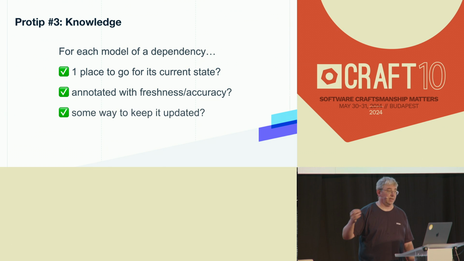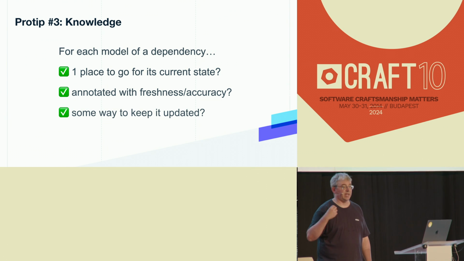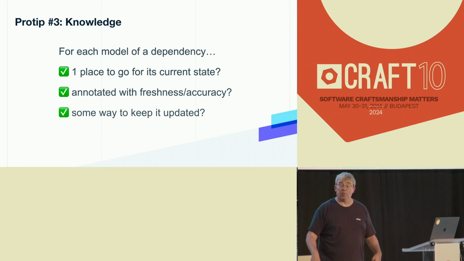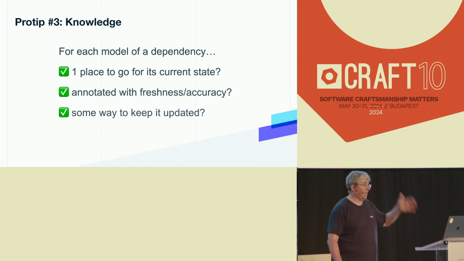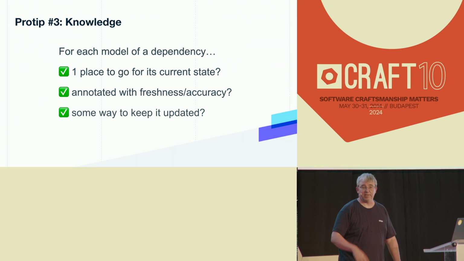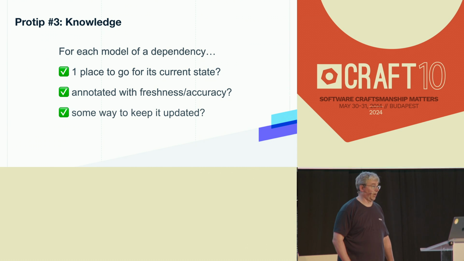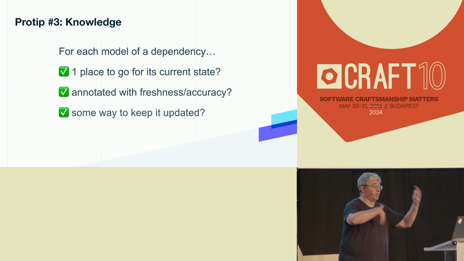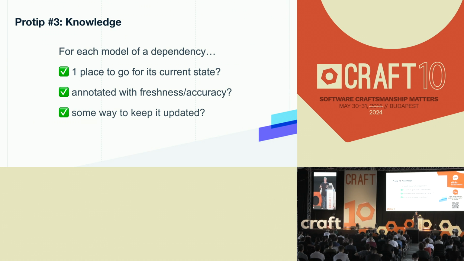And then finally, if I've got a model, do I have some way to keep my information up to date? In the case of a circuit breaker, for a database I'm talking to all the time, I can just observe it as it happens, right? I can say, well, how fast was that query? How fast was that query? Oh, that one was an error, right? I can just observe it as it goes, and I can build up some notion of whether I should trip the circuit breaker. But if I'm not actively talking to the database, then I might need to supplement it.